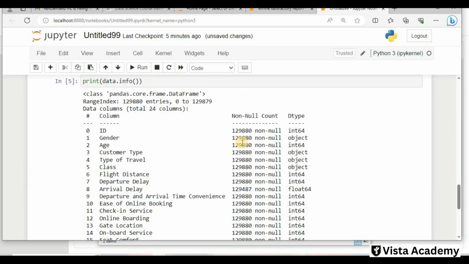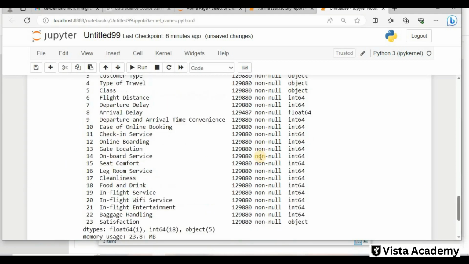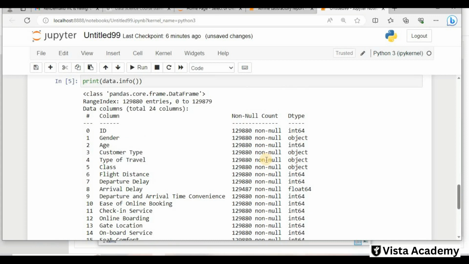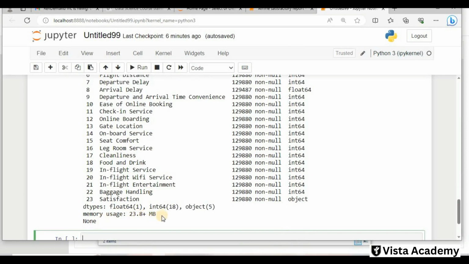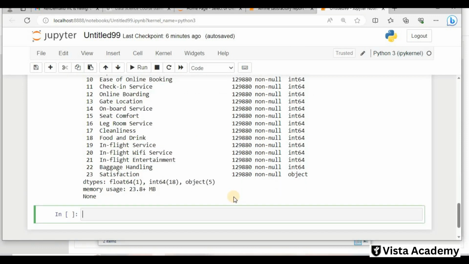It will give us the data type of each column, whether it's integer, float or datetime. It also shows the memory usage of the data frame, and index information. So this is the information we get when we print info.